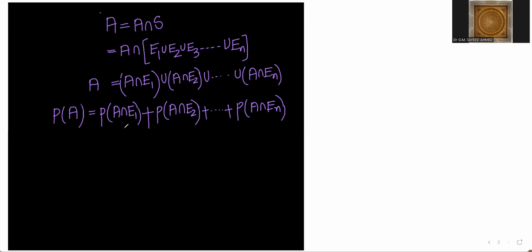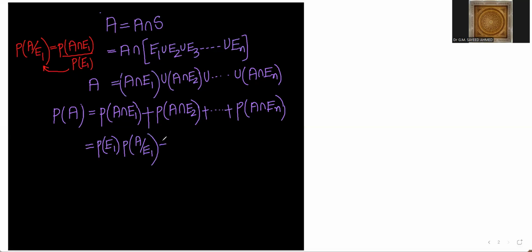Now for this one, we apply the definition of conditional probability. The value of A given Ei by using the definition of conditional probability can be written as, for E1, probability of A given E1 is A intersection E1 by probability of E1. We have already discussed this. Cross multiplying and using it, we can write it as probability of E1 into probability of A given E1